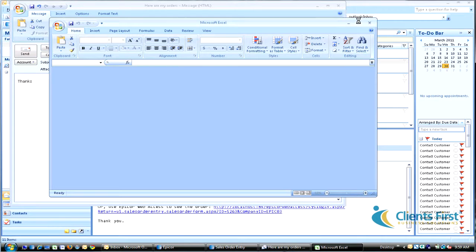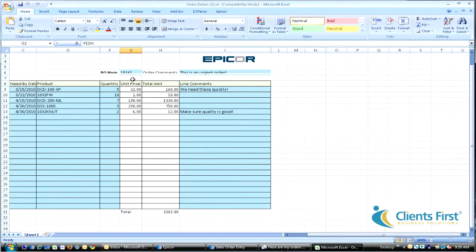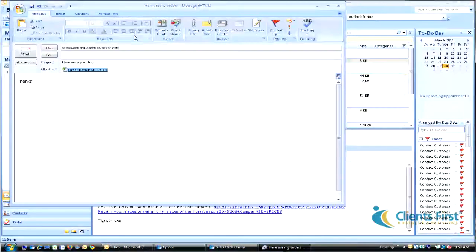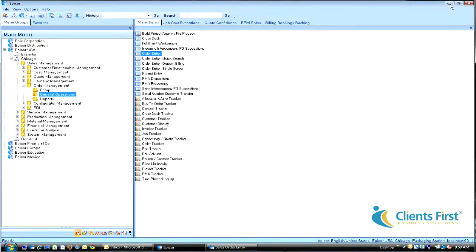In this spreadsheet is basically an order that the customer creates based on a format or template we told them, a PO number, comments for the order, items, quantities, pricing that they think is appropriate, etc. So we'll go ahead and send this email in. So this email is now being sent from the customer to a specific email address within our company. Epicor is looking in that email address, and when it finds an email, it will detach the attachment and use the information in the attachment to update data within Epicor. So we'll just give it a moment,